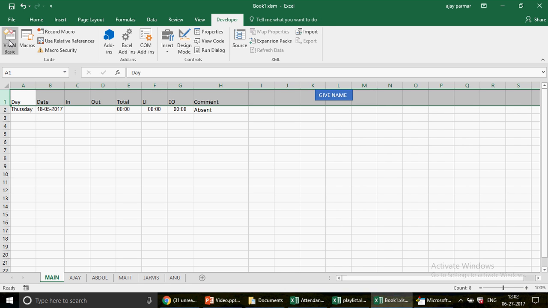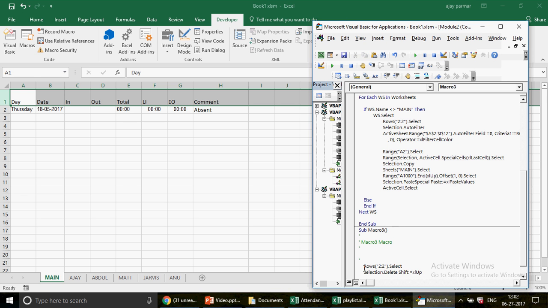So now let's go to the Visual Basic. I want to see what the code is. So this is my code. I'm just going to cut it and paste it here. Now this row 2 we have to automate, because I don't know what row I'm going to select every time, because every time you have the data in a different cell when you work in different